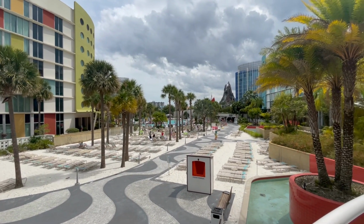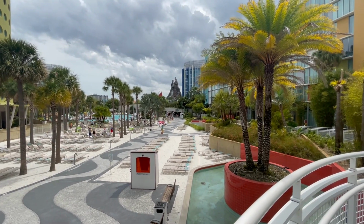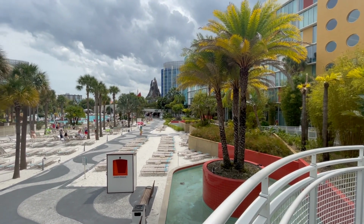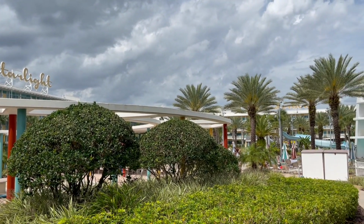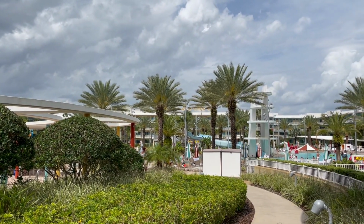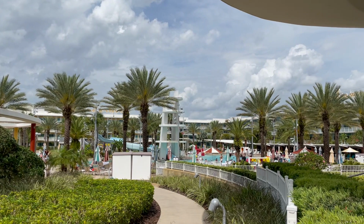The Cabana Courtyard Pool has a dive tower themed slide and a splash pad area for the kids. However, on the other side, the Lazy River Courtyard has, just as you can imagine, a lazy river. And of course, it is the only lazy river pool at Universal Orlando Resort. And that's of course why we feel that Cabana Bay does offer the most diverse pool experience at Universal Orlando